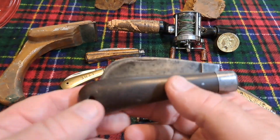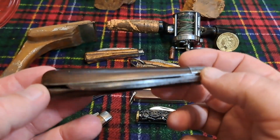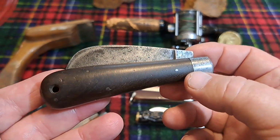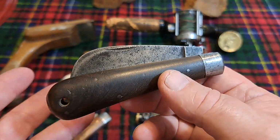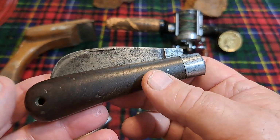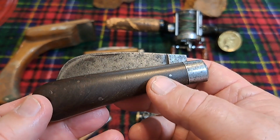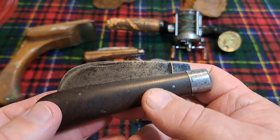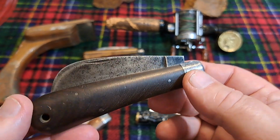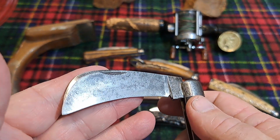So these knives are listed in Bernard Levin's book as special purpose knives, and it's a section unto itself. It's not found in the jackknife section. It's in the section where you'll find farmer's knives, cotton samplers, physician knives, knives that had a very specific purpose. And the remarkable thing about that is probably nobody